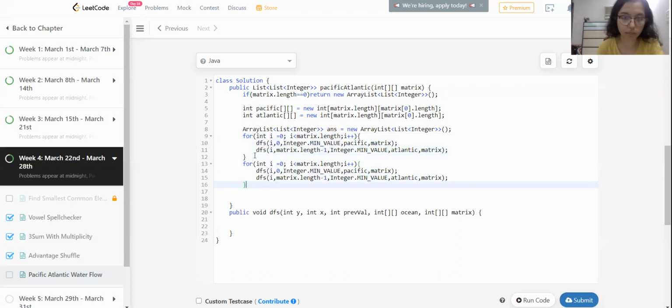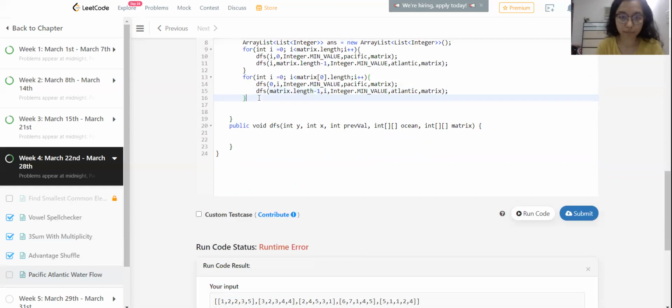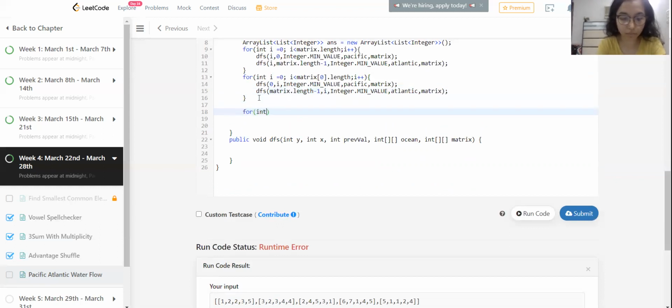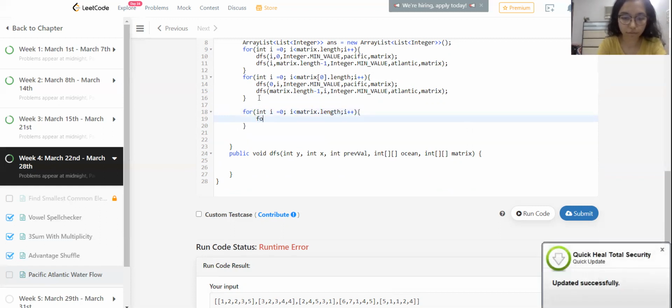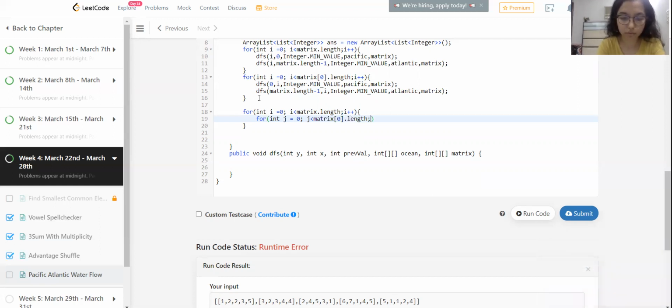Now we do the same for other directions. After this, we'll have a nested for loop for int j equals 0, j is less than matrix 0 dot length, j plus plus.